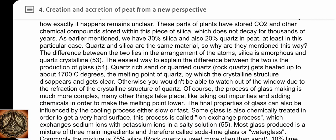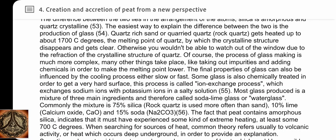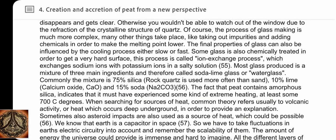Otherwise, you wouldn't be able to look out of the window due to the refraction of the crystalline structure of quartz. Of course, the process of glass making is much more complex. Many other things take place, like taking out impurities and adding chemicals in order to lower the melting point. The final properties of glass can also be influenced by the cooling process, either slow or fast. Some glass is also chemically treated in order to get a very hard surface. This process is called the ion exchange process, which exchanges